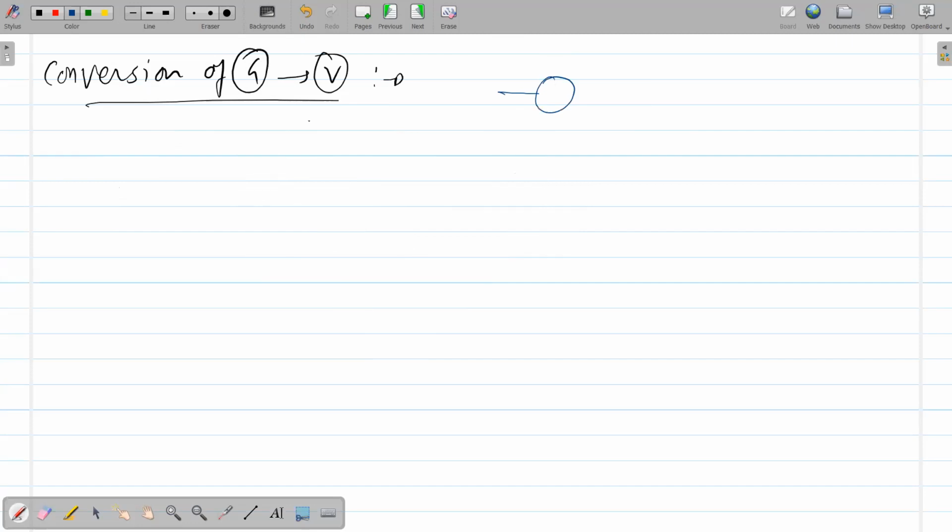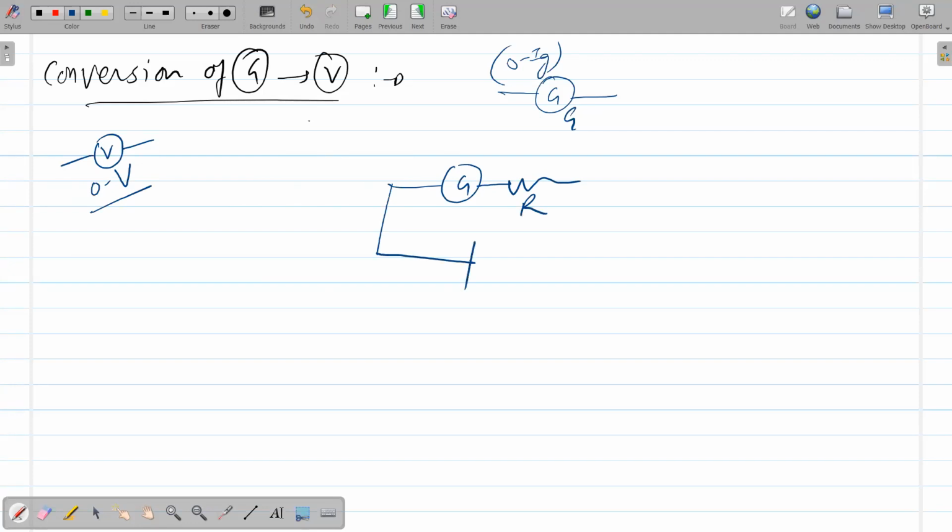So let's do the same thing in terms of unknowns. Suppose this is a galvanometer having current range 0 to Ig, its resistance is G, and I want to get one device which can measure up to 50 volt, or let's say 0 to V volt. In terms of unknowns, I want to solve for this 0 to V volt, and this V is quite large. So what do we do? We connect one resistance in series with it, so that when a voltage exactly equal to V is applied, not more than Ig current passes through it. Exactly Ig current passes through it. And now we can write this.